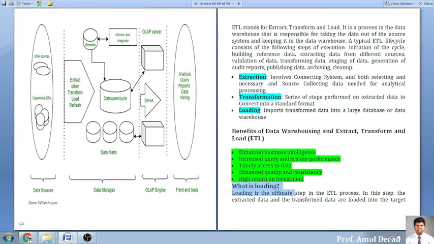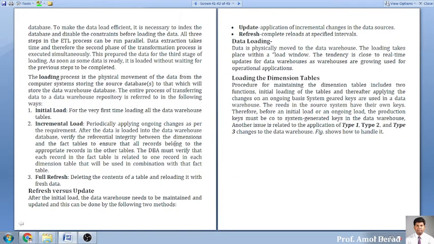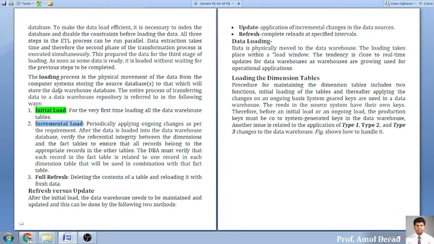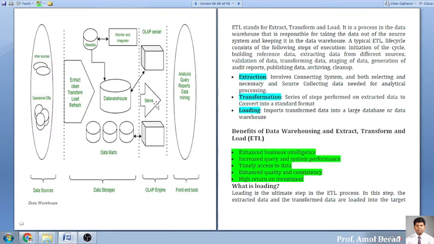So what is loading, I have already told you, the extract transform load is loading the whole data into your tools. These tools are called front end tools. Now we'll talk about the tools. Whenever we are loading, initial load, इंक्रीमेंटल लोड, जी हमने पहले ही बोला कि इनिशियल लोड मतलब initially first time the loading will be done. Second one, as and when the data is getting changed it will be loaded, we call it incremental load. And third one is full refresh, यानी पूरे डेटा को रिफ्रेश. So whenever you are loading data into your data warehouses,